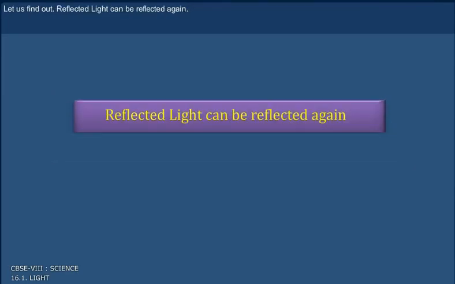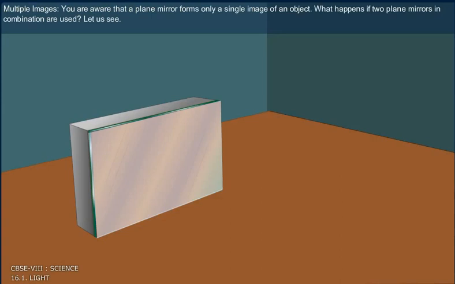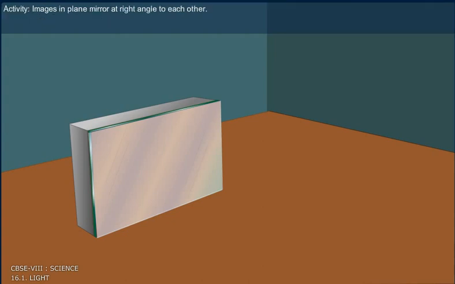Now let us find out. Reflected light can be reflected again. Multiple images. You are aware that a plane mirror forms only a single image of an object. What happens if two plane mirrors in combination are used? Let us see. Activity: